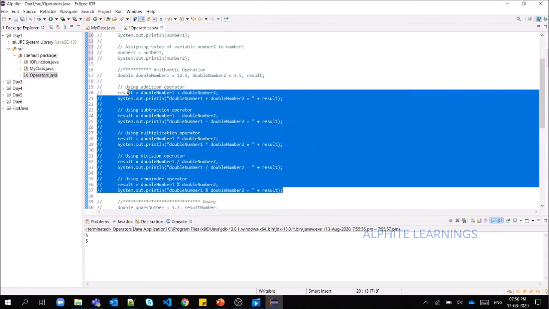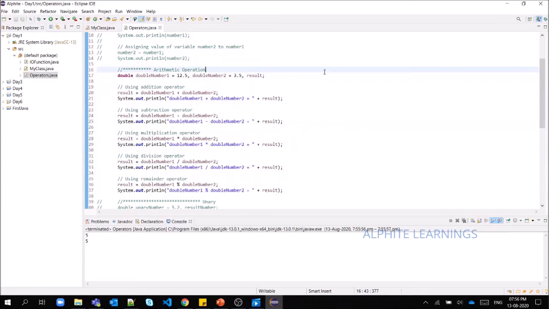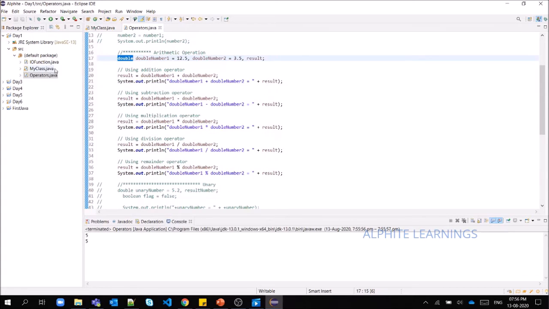So next is our normal arithmetic operation. Since I'm taking the decimal values, I have given this as double. If I need, I can also declare this value as float. That is not an issue.